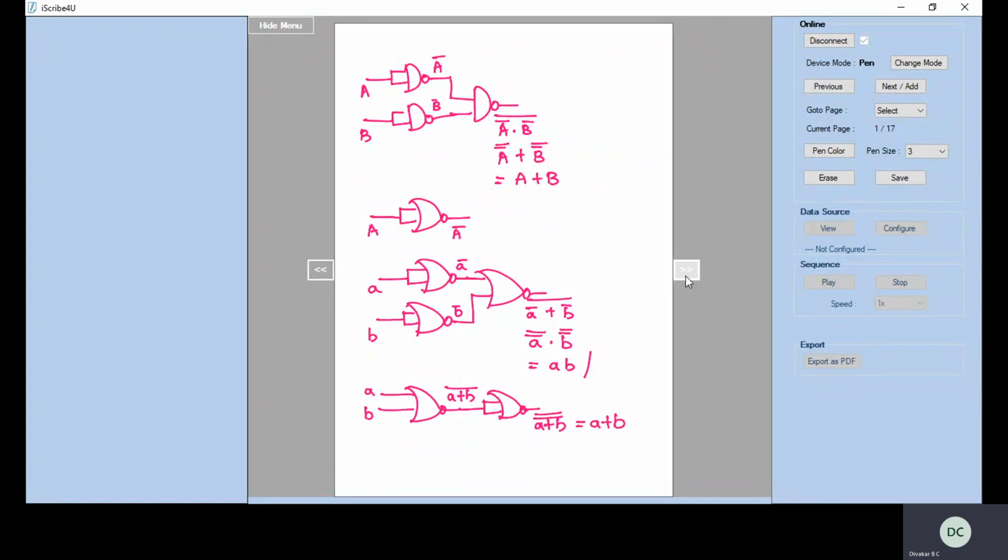So hence, the NAND and NOR are called universal gates, as any logical function can be implemented using NAND and NOR. The AND gate function can be realized by using the switches connected in series, and the OR gate function can be implemented using the switches when they are connected in parallel.